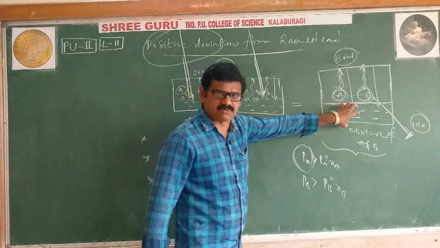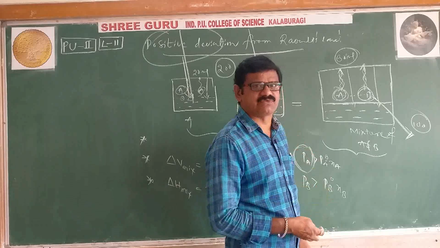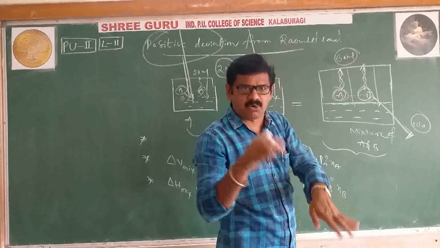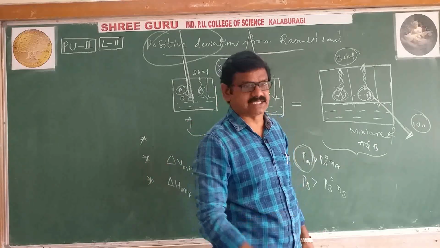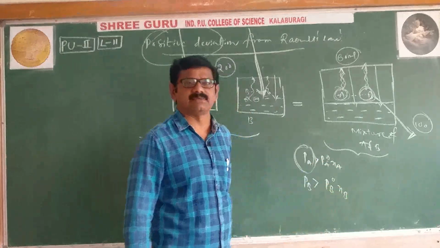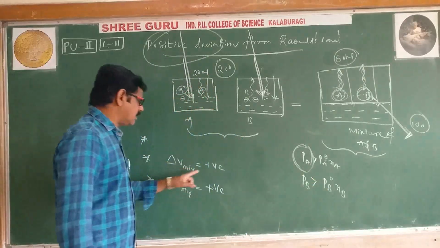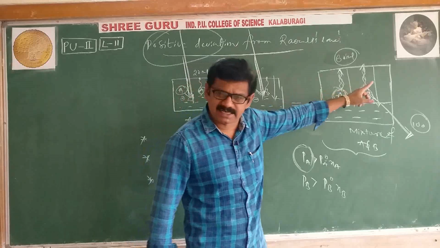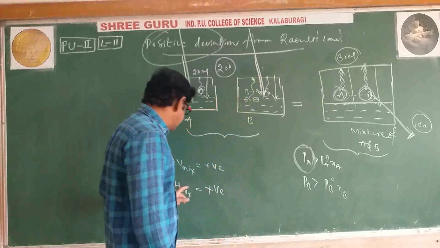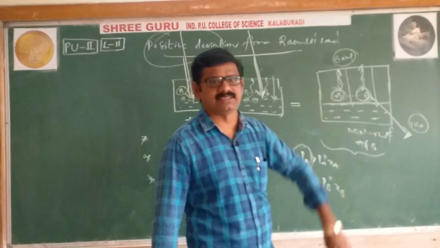Once again, in the mixture, what happened? Particularly we are discussing the mixture of A and B. Because of weak attraction forces, they are easily vaporizing, so the vapor pressure is more than what we are expecting. Therefore PA is greater than PA not XA, and PB is greater than PB not XB, deviating from Raoult's law. The second one is volume. After mixing, volume increases because of weak intermolecular attraction forces. And delta H mixture is also positive, because the required energy is more than the released energy.